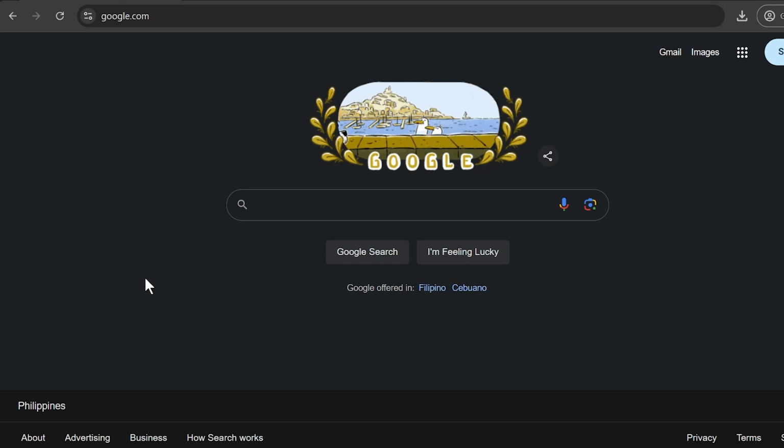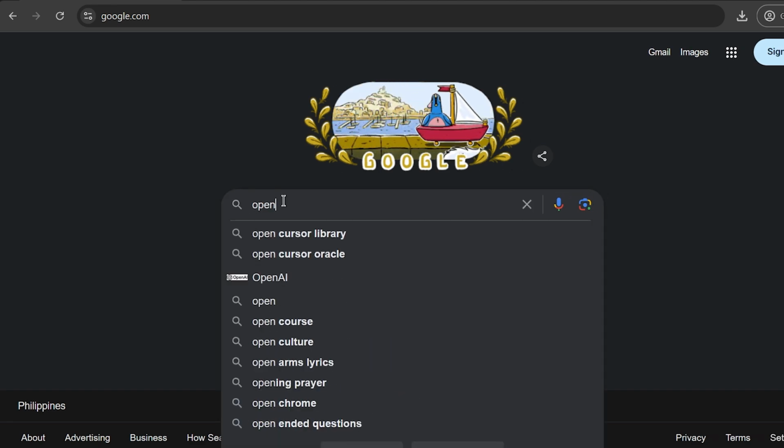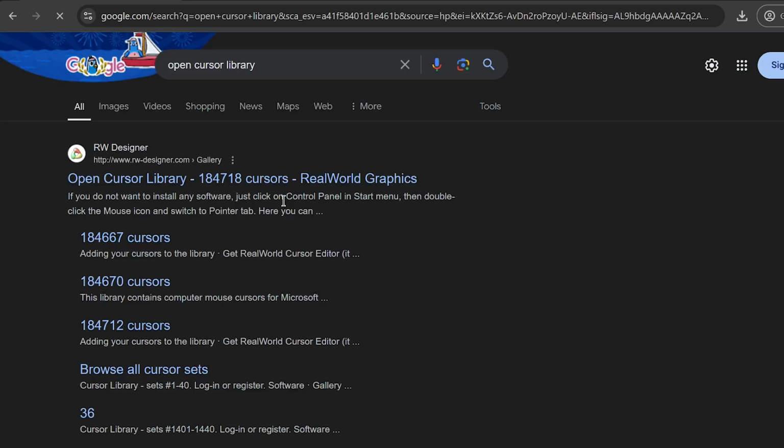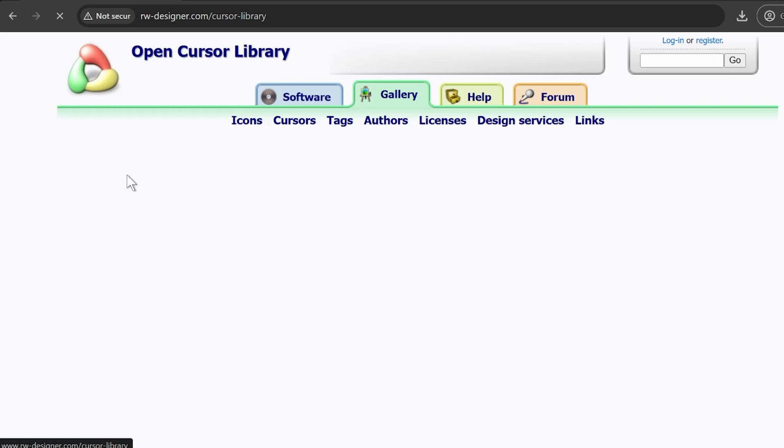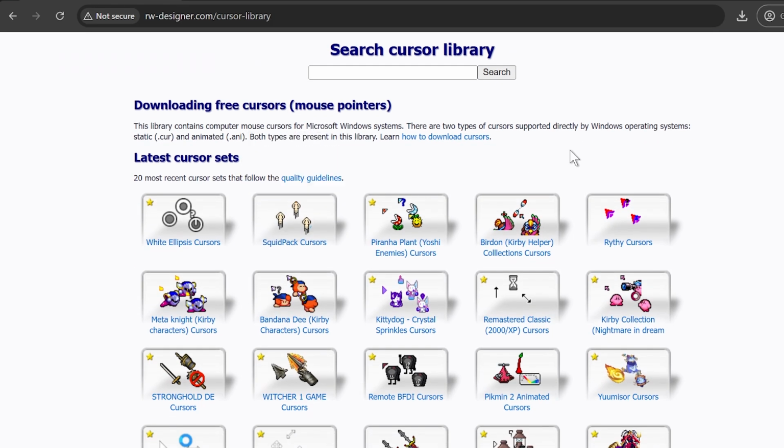In this video, I'm going to show you how to download and use custom mouse cursor in Windows 11. So for us to get this done, I want you to go ahead and open Google, and here I want you to go ahead and type Open Cursor Library. So you can just go ahead and click this one right here, and you'll see a lot of cursors available